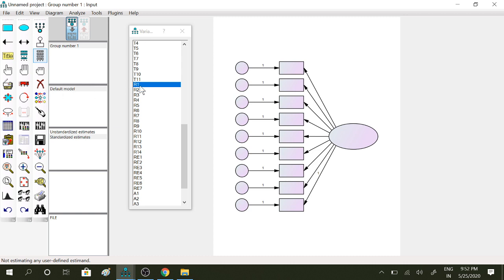Now we have to drag each variable into the rectangular box. See, like this. Just long press and put it into the rectangular box.